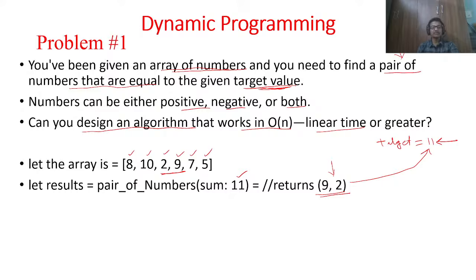Okay, so given this kind of problem, generally how do we proceed with the solution? We look at that solution first. Let us take the problem first. So what is our array? Our array is